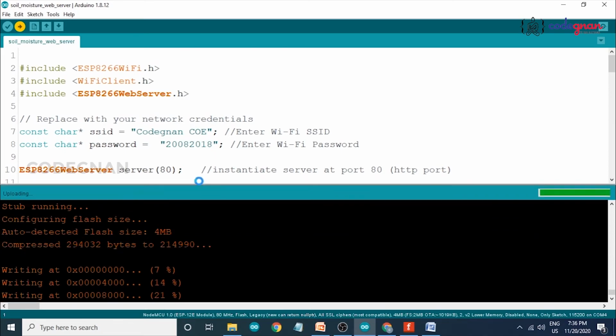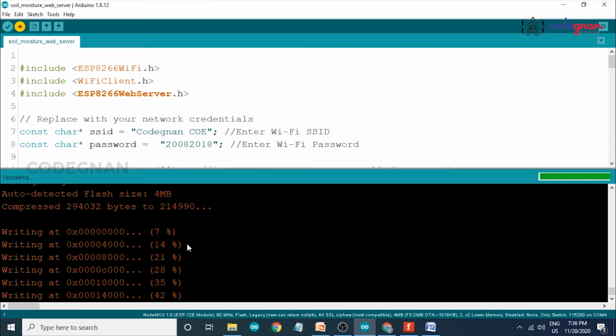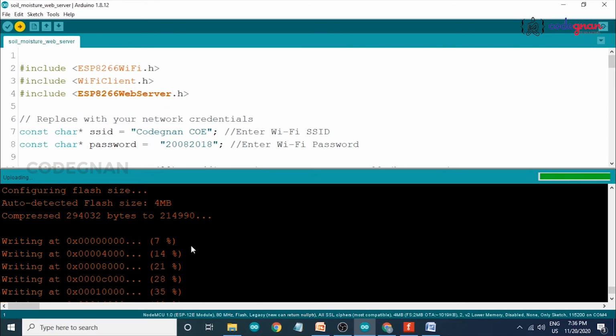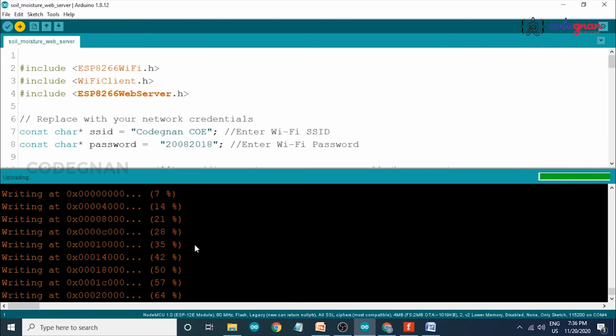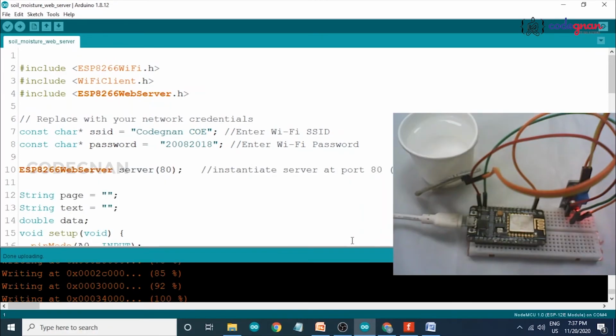You can also see the uploading process in the screen below. Okay, it's done uploading. Now you can see on my screen my NodeMCU, my soil moisture sensor, and a cup of water, so that I can show you a demo.